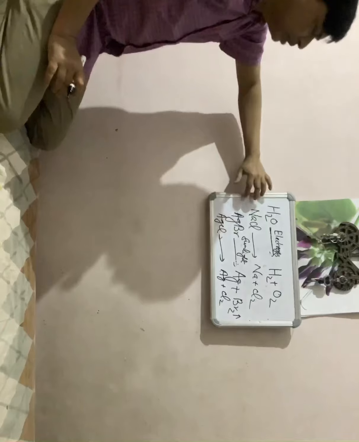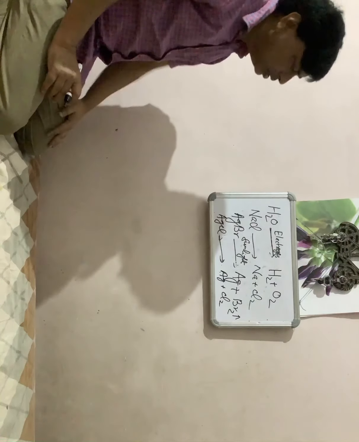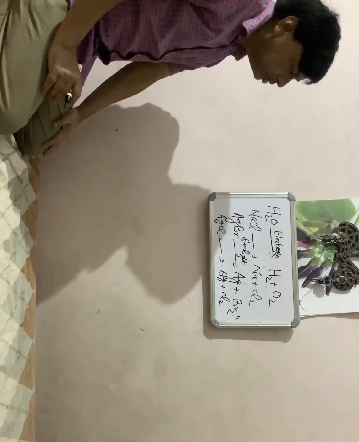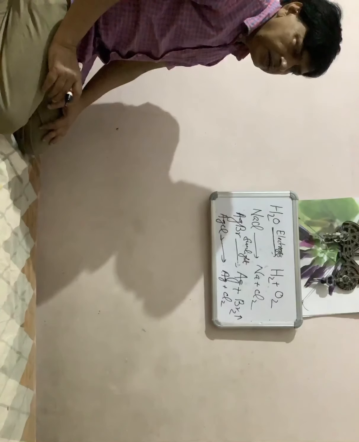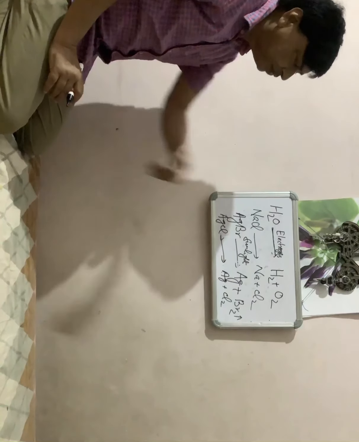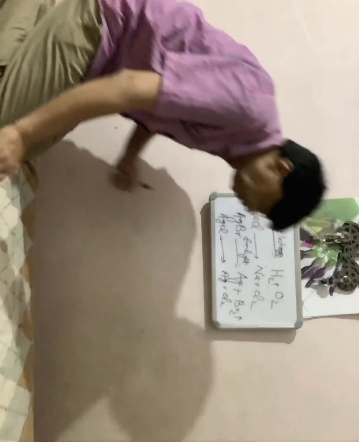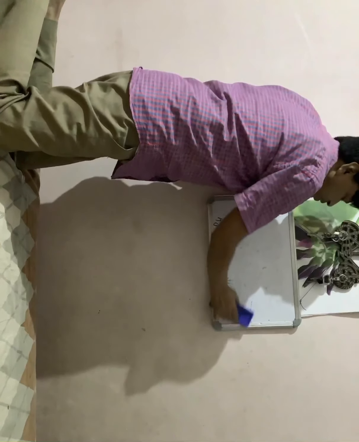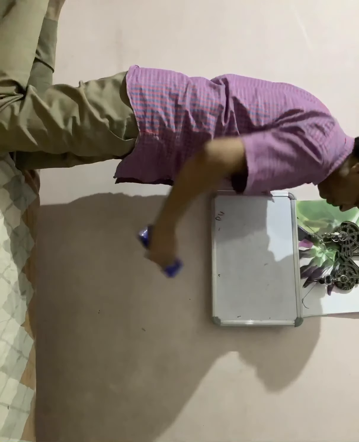So sometimes the question is asked: why is silver bromide or hydrogen peroxide kept in a dark colored bottle? Because it is photosensitive to light, and when it is not kept in a dark colored bottle, it will decompose into different compounds. That is why it is kept in a dark bottle. So this is the decomposition reaction. It is of three types: thermal decomposition, electrolytic decomposition, and photodecomposition.